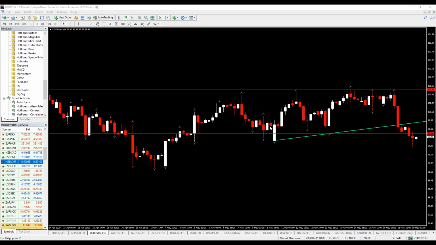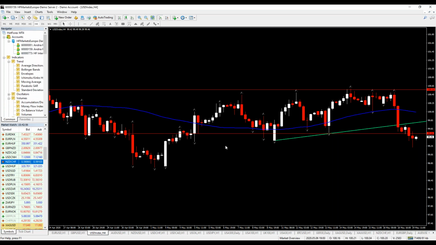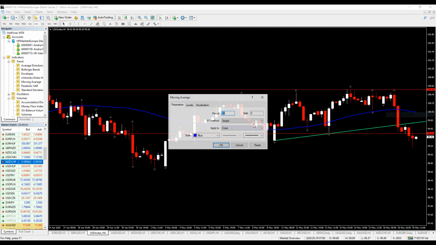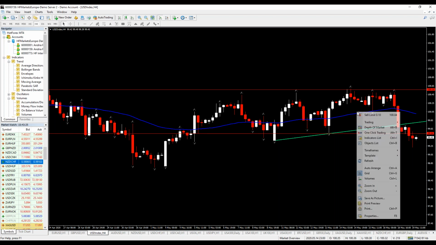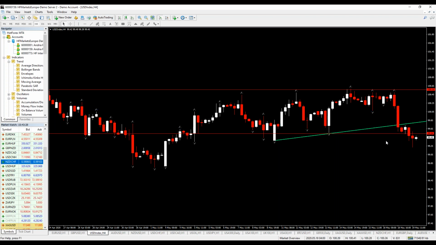Okay, let's take for example this dollar index. Let's say if I put the moving average right now here, my 50 simple moving average, it doesn't really tell me something over here. You see, it might confuse you. That's the art of price action. Solely base your decision, your targets, your stop loss and your entry on what the candles and the body of the candle are telling you. Remember, the body of the candle suggests how strong the movement is. So I'm not sure whether the moving average will help or confuse you.